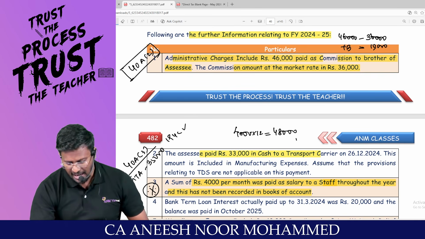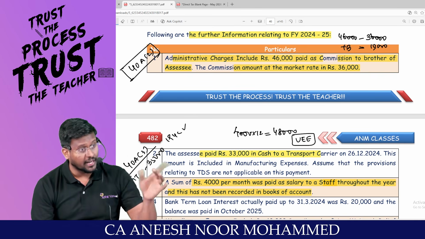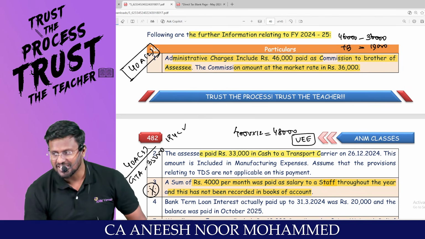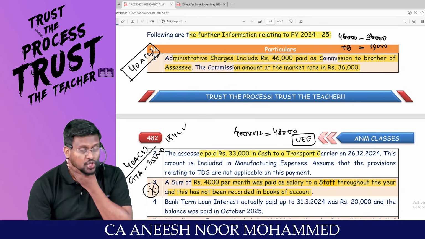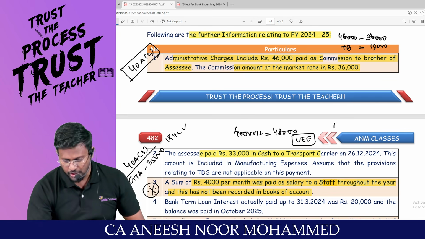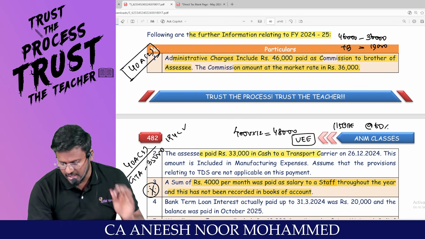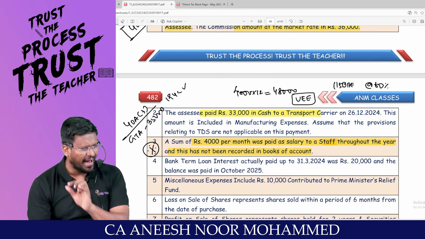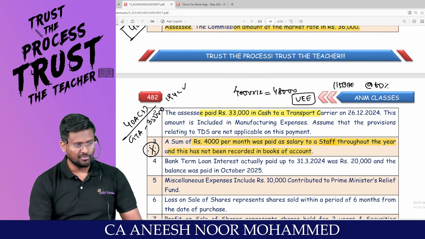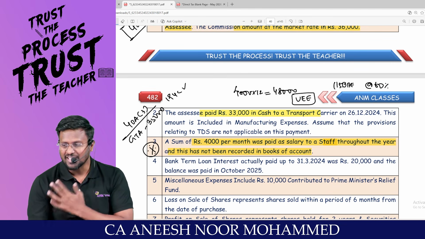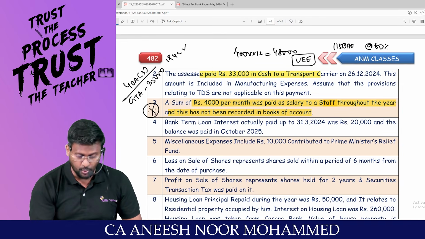That means unexplained expenditure. One expenditure has been incurred. Are you remembering IFOS? Unexplained cash credit, unexplained money, unexplained investment, and unexplained expenditure. That's it. Then provisions of 115BBE will be applicable at the rate of 60% tax rate. Beautiful adjustment. By adding one line, they will destroy so many people's life, because they will not adjust it properly. Tax calculation, surcharge, everything will change because of this one line. Come on, I will show you.